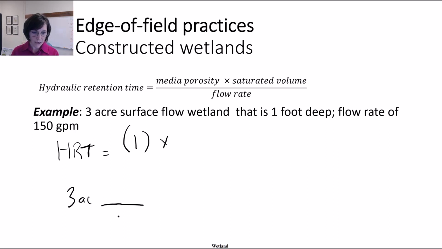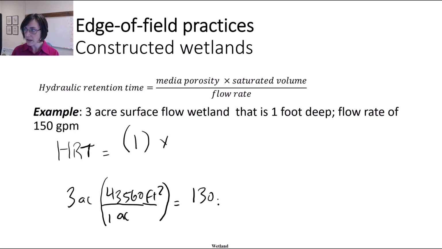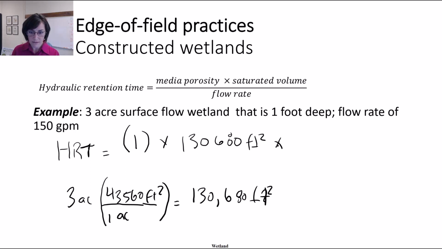Let's convert that. 1 acre is 43,560 feet squared. So 3-acre wetland surface area is actually 130,680 square feet. So 130,680 feet squared times, and I'm going to add some parentheses here, times my depth is 1 foot, so that's an easy one, times 1 foot